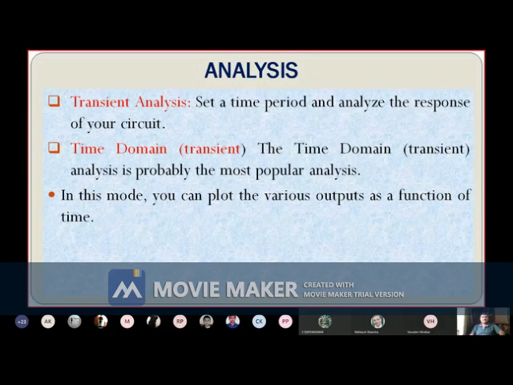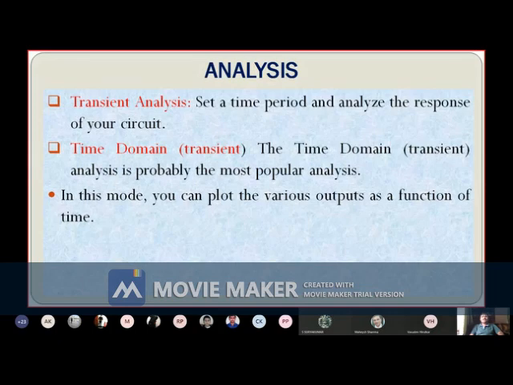Then a very important analysis is transient analysis. If you are interested in studying the response of your circuit in terms of time, then transient analysis is preferred. Similarly, time domain analysis is again a part of transient analysis, which gives a response in terms of time.